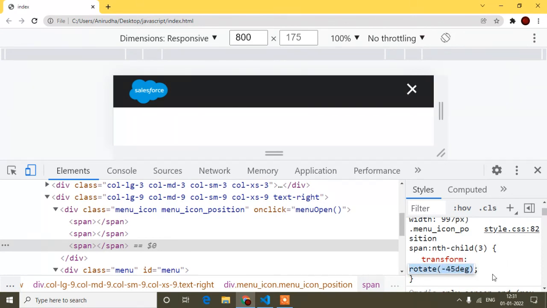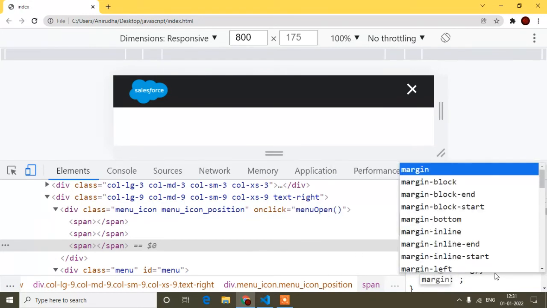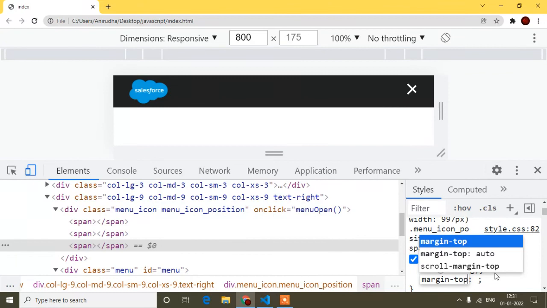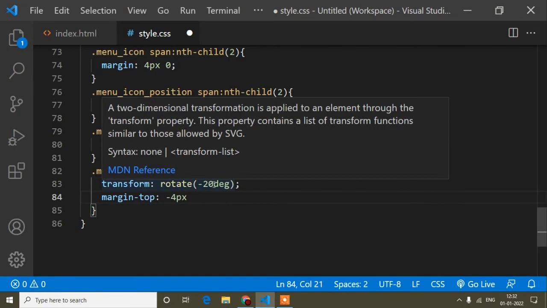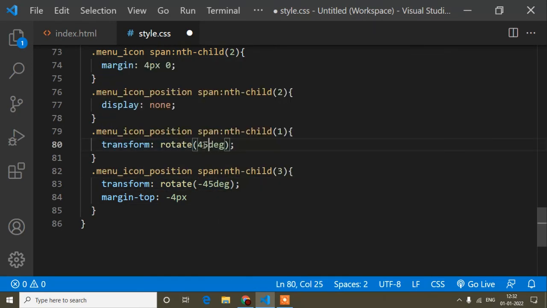But this position has to be right, margin top is minus 10 pixel. Just here I will adjust. I think now it's looking better. Okay, so this way I will adjust. So margin top for this 3rd child I will paste, and this one minus 45, and this one 45.